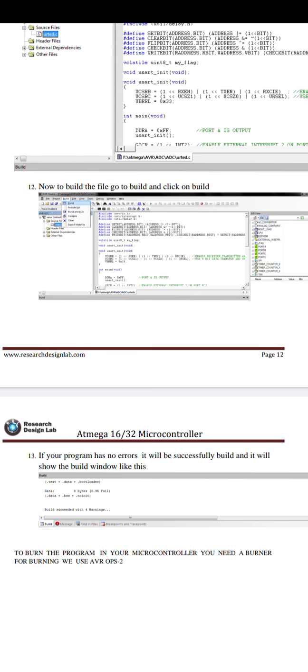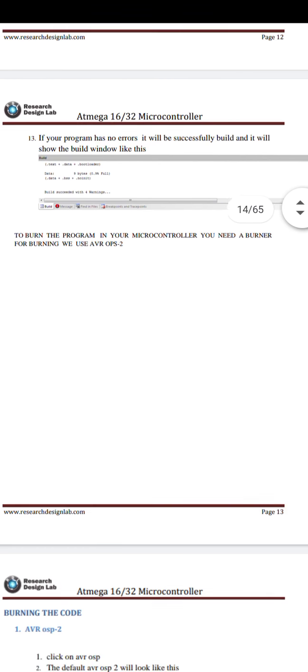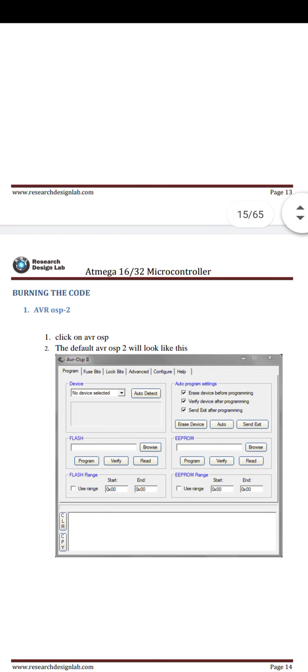It shows the build error this way. Then we burn the program in your microcontroller. You need a burner for using the AVR microcontrollers. Then we only have to save the programs.